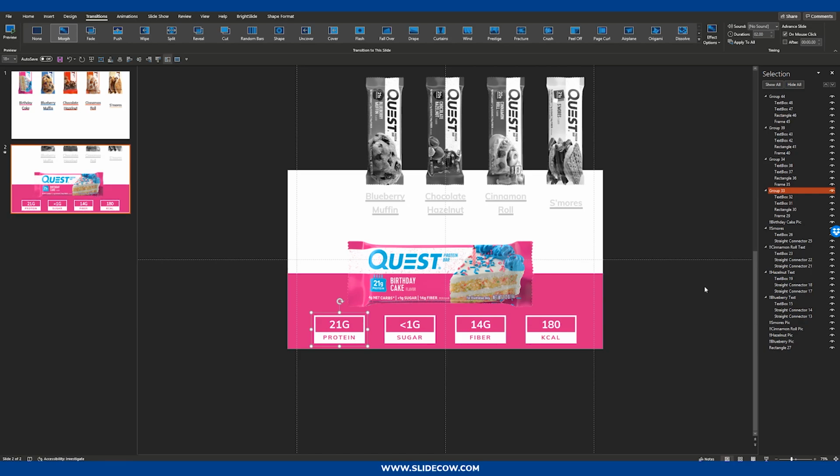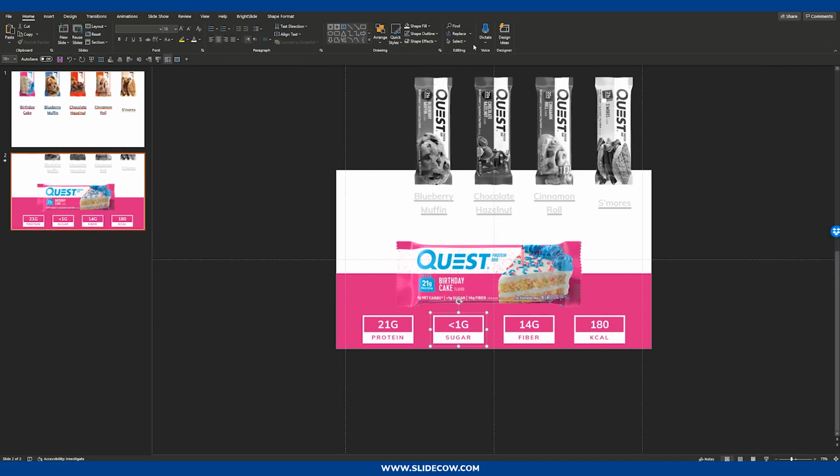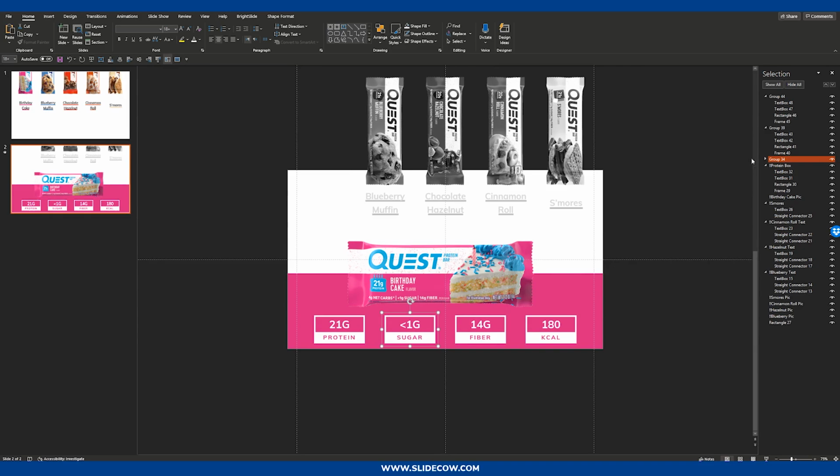So to do that, all we're going to do is we're first going to go to each text box and put this as protein box, exclamation mark, exclamation mark, and we can call this one the sugar box. Again, this is all in the selection pane. So to do that, you have to go to home, click on select, and then selection pane. We're going to go here, rename it to sugar box, and over here, same thing, fiber box, and over here,